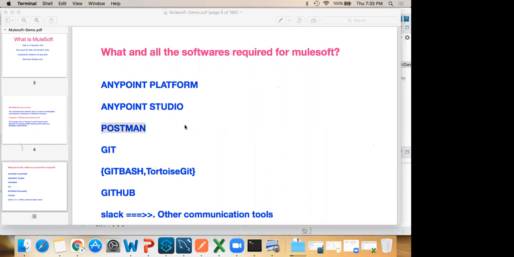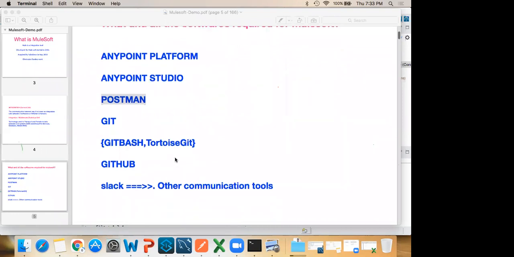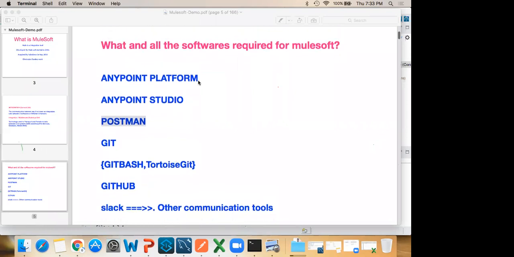And how would Maven be, required or not? Sorry? Maven. Maven is not required. Why? Because by default in MuleSoft Mule 4, every project is a Mavenized project. Currently, we are discussing Mule 4. Yes, correct, because Mule 3, no organization is using. Why? Because Mule 3 compared to Mule 4 is very difficult in terms of code and everything. So that's why they optimized it and introduced this new version.